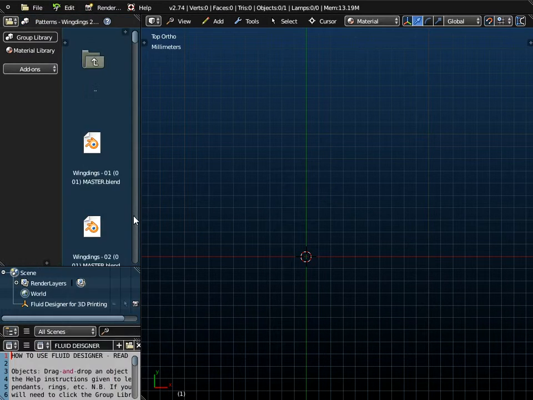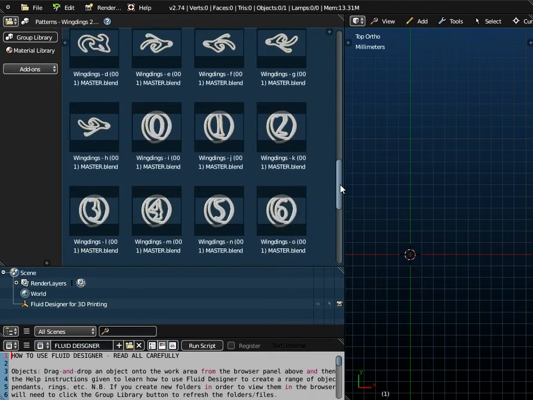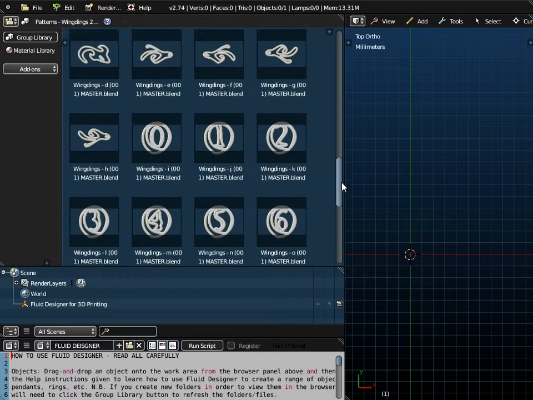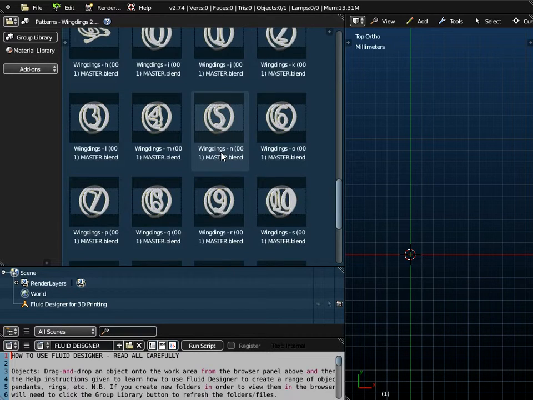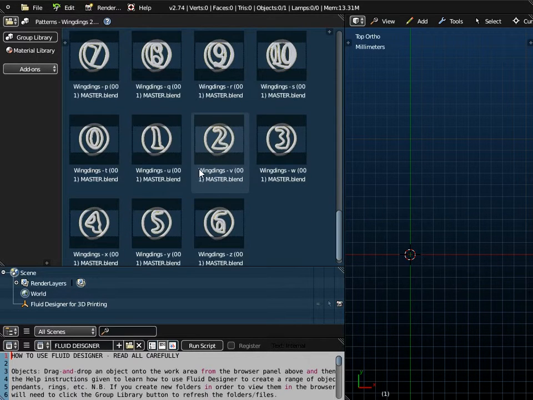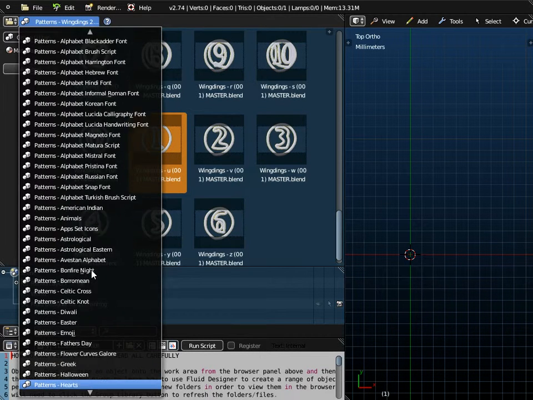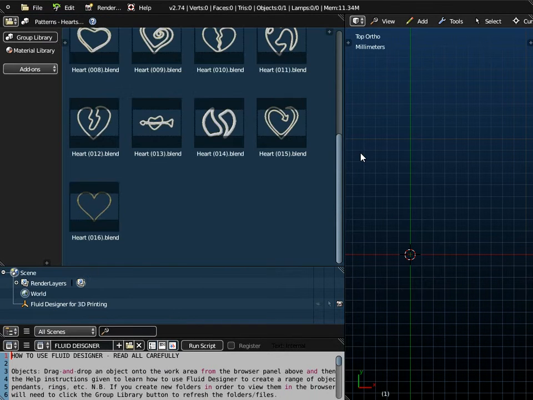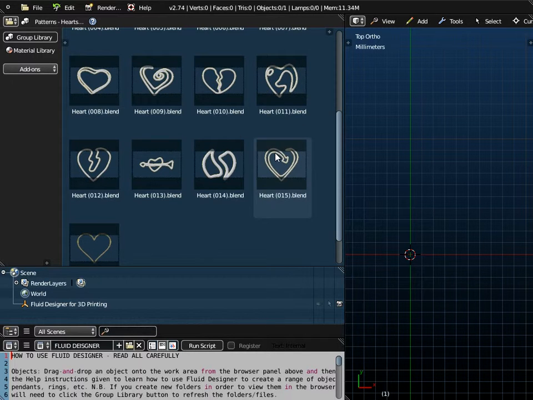These are the keyboard presses that you can do in Microsoft Windows, some special symbols. And as you can see, there's quite a number of different patterns in there. I'm going to use this one here, so it's Wingdings U character, and I'm also going to put all of those inside a heart pattern. And as you can see, there's a number of different heart patterns you can choose from. I'm going to use